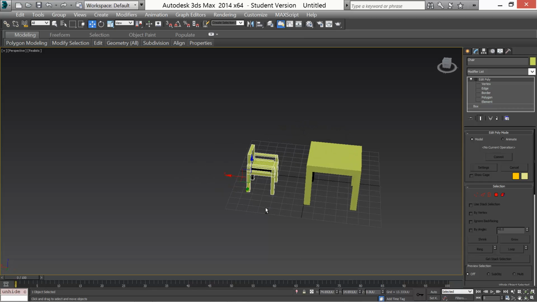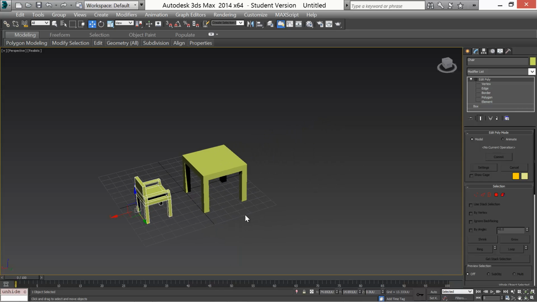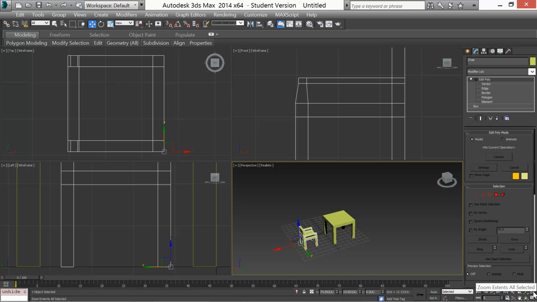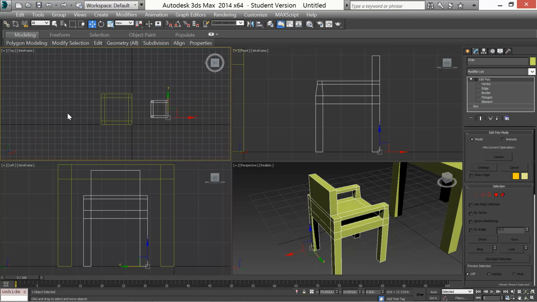We're actually going to copy this chair for the sake of the scene and put 4 chairs at our table. So let's get out of zoom, and we're going to zoom extents. We're going to zoom out from the top view, and what I'm going to do is first show you that we can go up to our top menu bar, and we